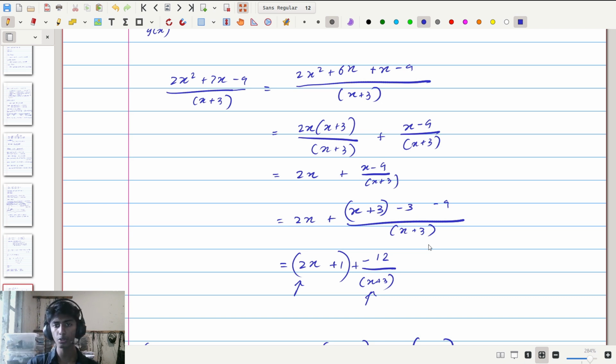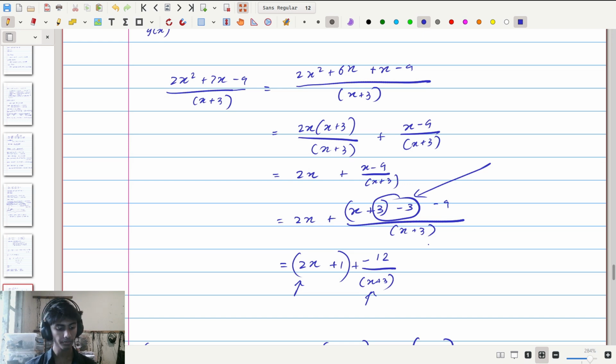At times, in order to do this, I want you to note this, we had to add and remove the same thing. Notice here we had to add and remove the same thing. This is a very common occurrence when you divide one polynomial by another. You will at times need to add something and remove that same exact thing. In this case we added and subtracted 3 here. If you have more complex polynomials as your numerator and denominator, you will have to add and remove more